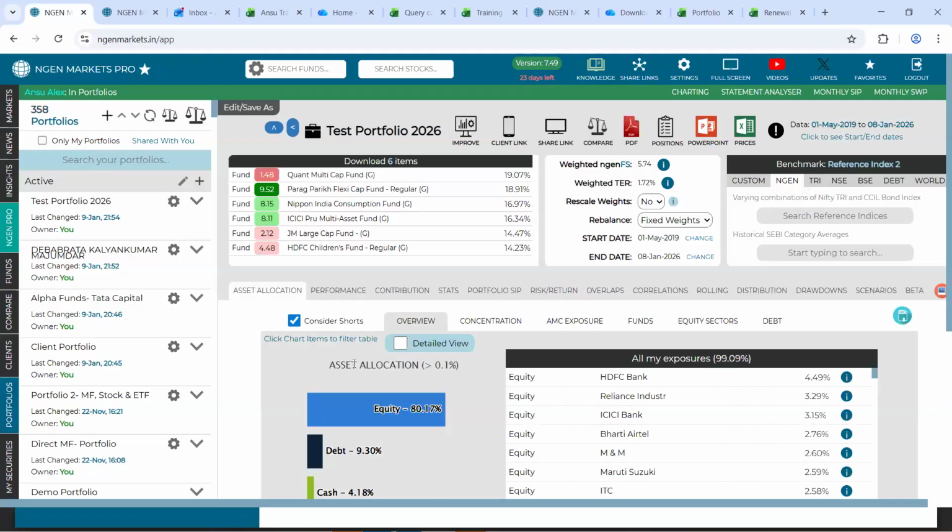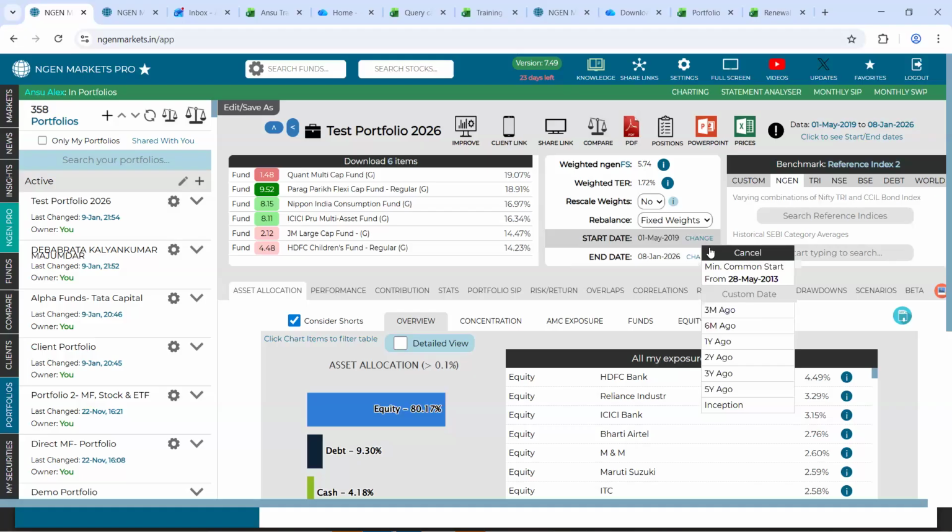So when you look at the portfolio analysis on our system, this is the first section which will tell you what are the components that form a part of your portfolio and their respective allocations. Following that, you get to see an option called start and end date, which you have the flexibility to change from your end.